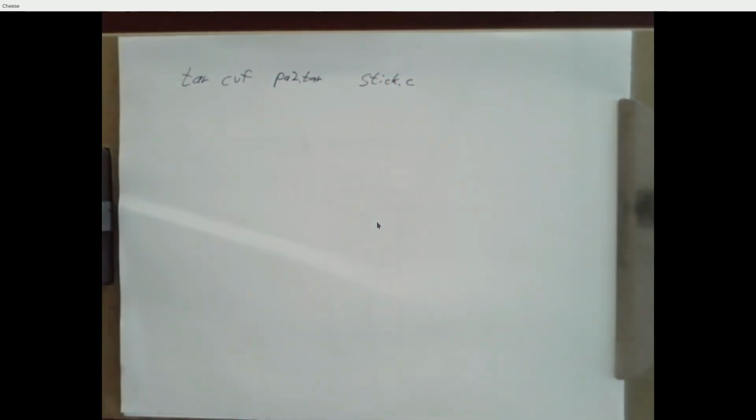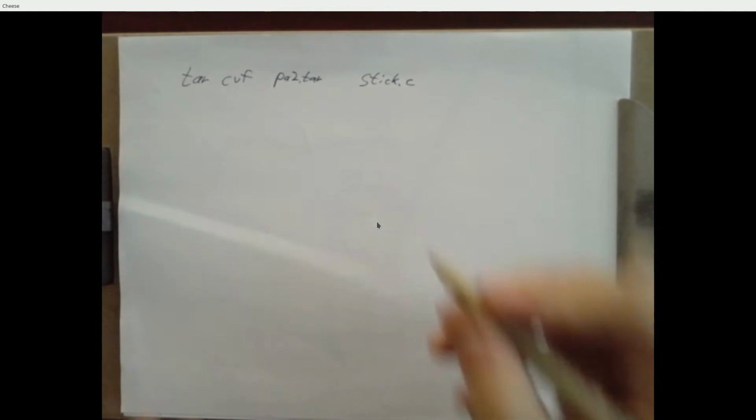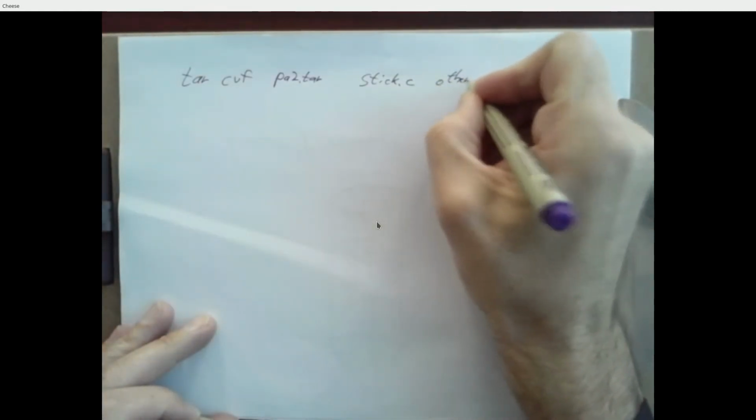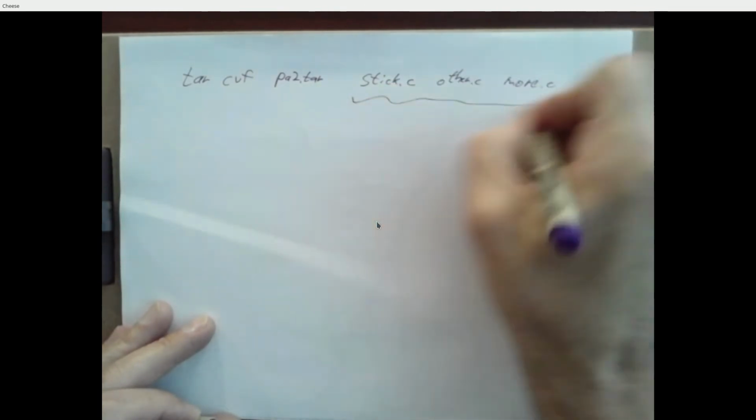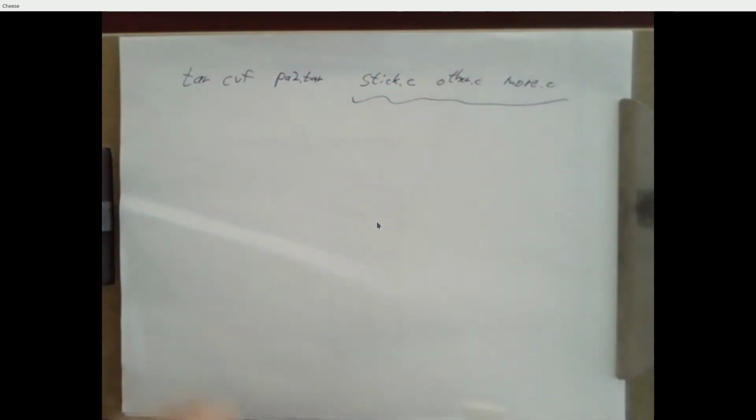And you may have this program split up into multiple files, depending on how you want to write this in C. We'll talk about modularization a lot for this assignment. You may have one big long main program that's 80,000 lines long, or you may have a main program that calls other files, like a separate file that prints out the number of sticks. You put your function in there and then you just call it. So you might have other files in here. But whatever your list of files is that make up your project, you list all of those after the name of the archive. And this creates an archive,